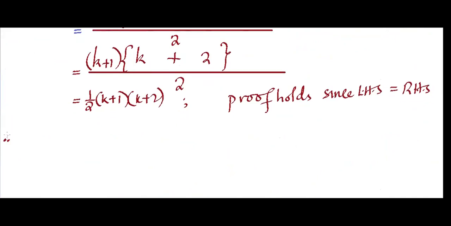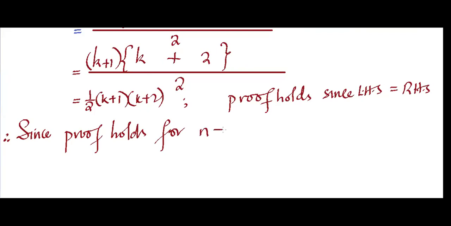We say that since the proof holds for n equal to 1, we checked 1, we checked 2, then we assumed at k, and finally we checked